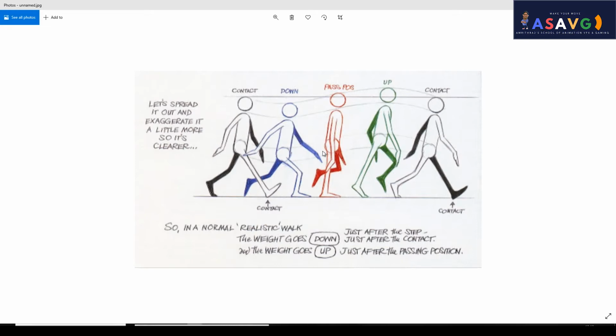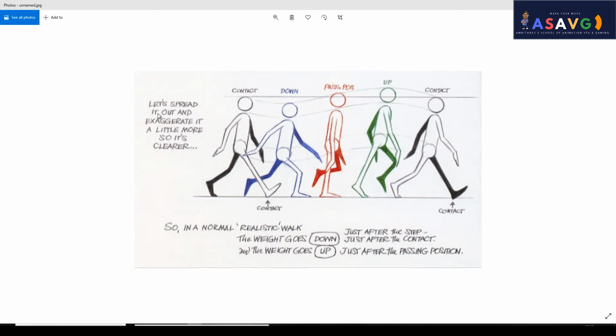There are five poses for a walk cycle. So I will be teaching how to do a cycle. I am not doing the first pose, second pose, third pose, fourth pose and fifth pose one by one. What I am going to do is this is the first pose, this is the last pose, right? And the next pose will be the exact same copy of this pose. So this will be a cycle coming from here to here, and then we'll go for the cycle.